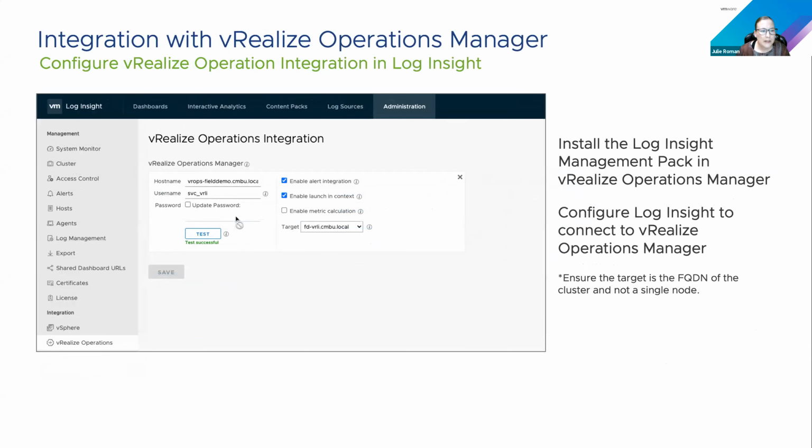For the vRealize Operations integration, you actually do require administrative permissions. You'll want to make sure that the target you set is the virtual IP for the entire cluster. Sometimes we have customers that for whatever reason during setup expanded their cluster, or it's not pointed to the correct target. So make sure that's the virtual DNS name for your entire cluster. And this enables you to go from logs to the object in vRealize Log Insight.